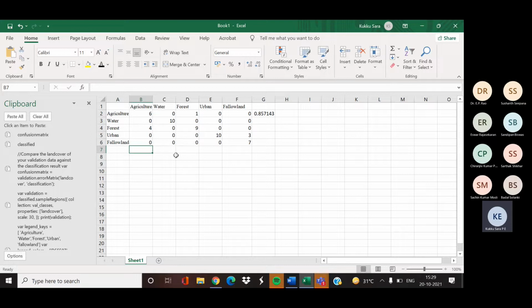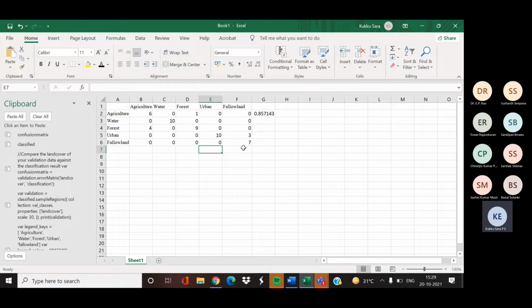And in case of water body, all the 10 pixels are correctly classified as water itself. So 10 divided by 10, it will be 1. And for forest, 9 pixels are classified as forest, but 1 pixel which was also forest is classified as agriculture. So 9 divided by 10, 0.9 will be its producer's accuracy. For urban, all the pixels are correctly classified, so 10 divided by 10, 1.